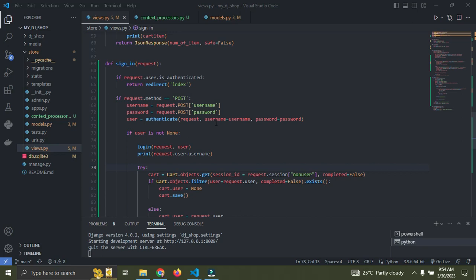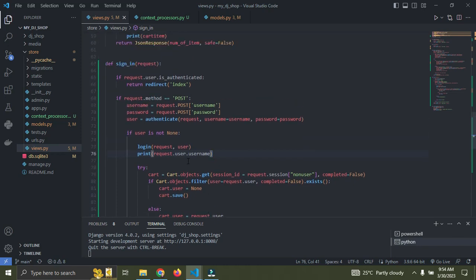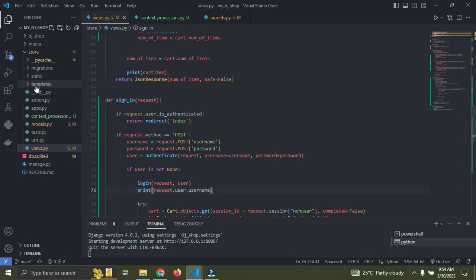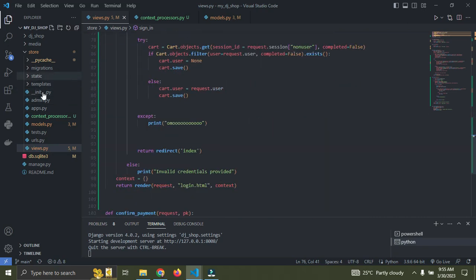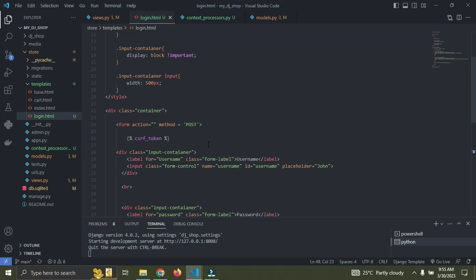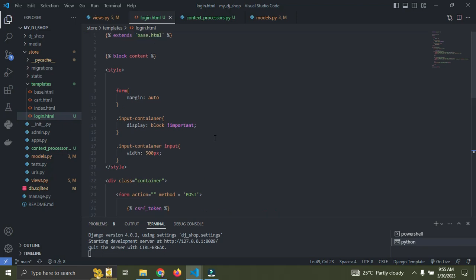So what I did now is that you can add to carts. So what this view does is it simply logs in, and once you've logged in, it gets the cart without the user and then assigns the current logged in user to that cart. So you can check the code yourself. It's simple, plain and clean. You can see what's going on over there. Understand? So what I need to do is create the template for this. The template is called login.html. Let's just do that right now. Login.html. Okay. So right now I'll paste the code here. This is a simple form for logging in the user. So I think that's that. So once we are done now,